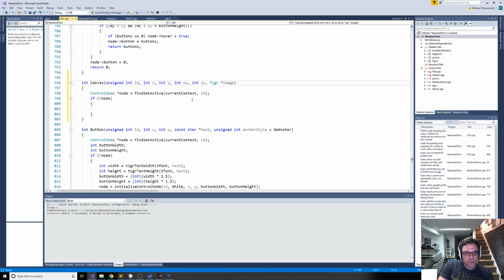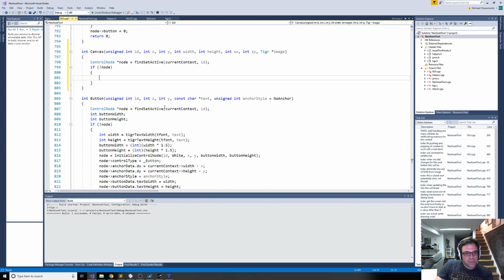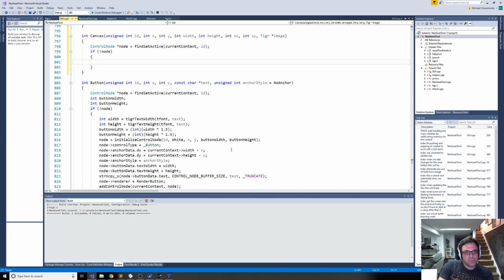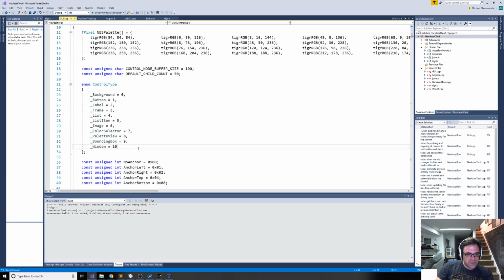Actually, we need a width and a height, right? And so, okay, if we don't have a node, then let's see. I'm going to initialize our control node, just doing the usual initialization steps. We need to add some stuff here, so we need to say, okay, this is a canvas,